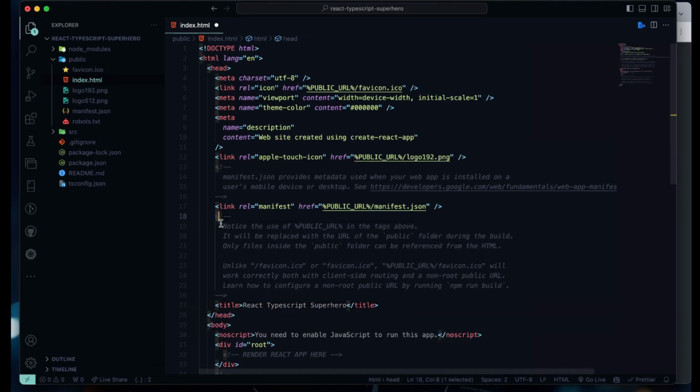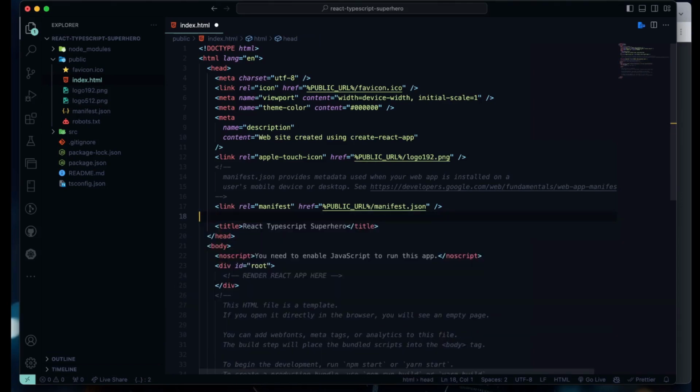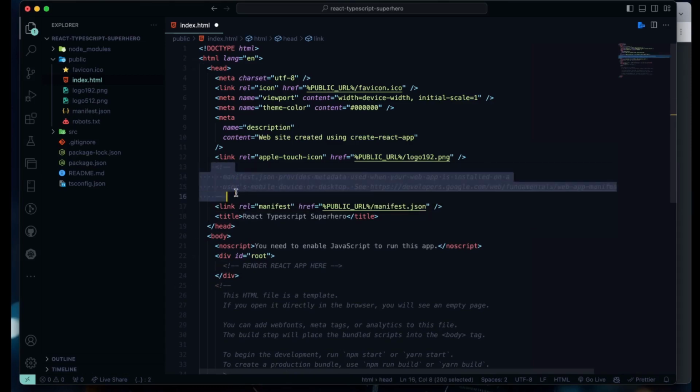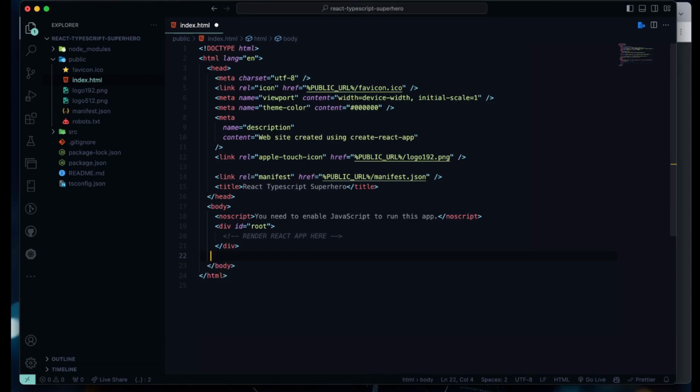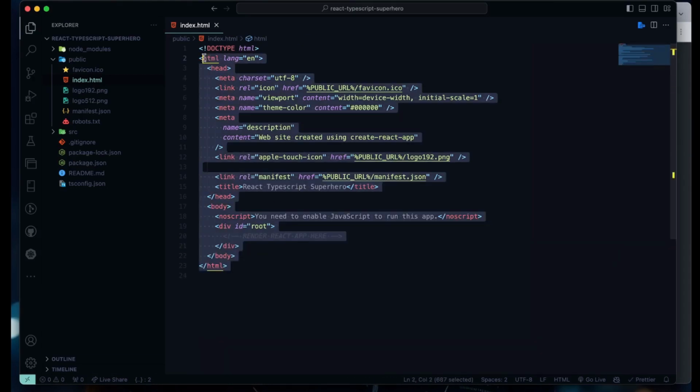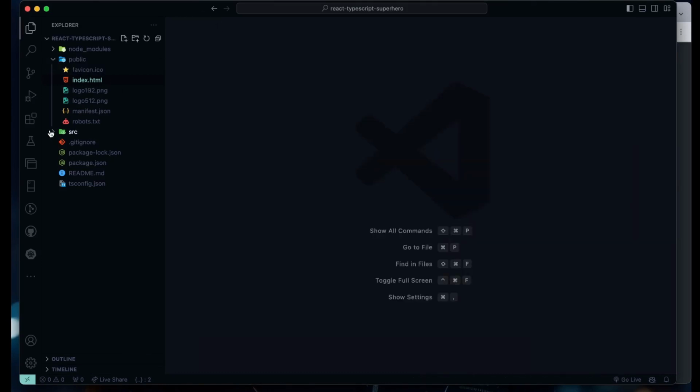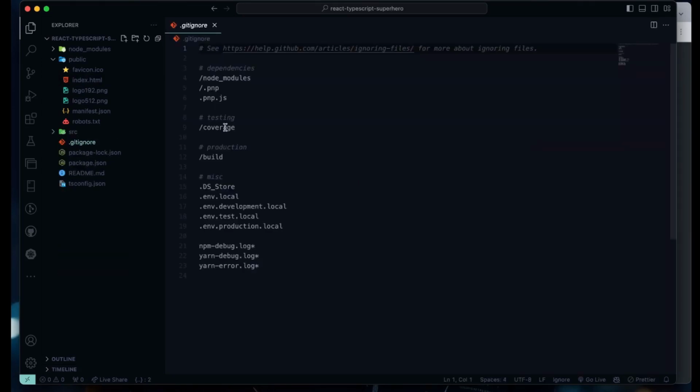Very good. Let's delete some of these comments here that don't make any sense. And actually they make sense, don't mind me. So yeah, we want it to be as simple as this. Very good. And then before we go into our source file here, this .gitignore is going to store files